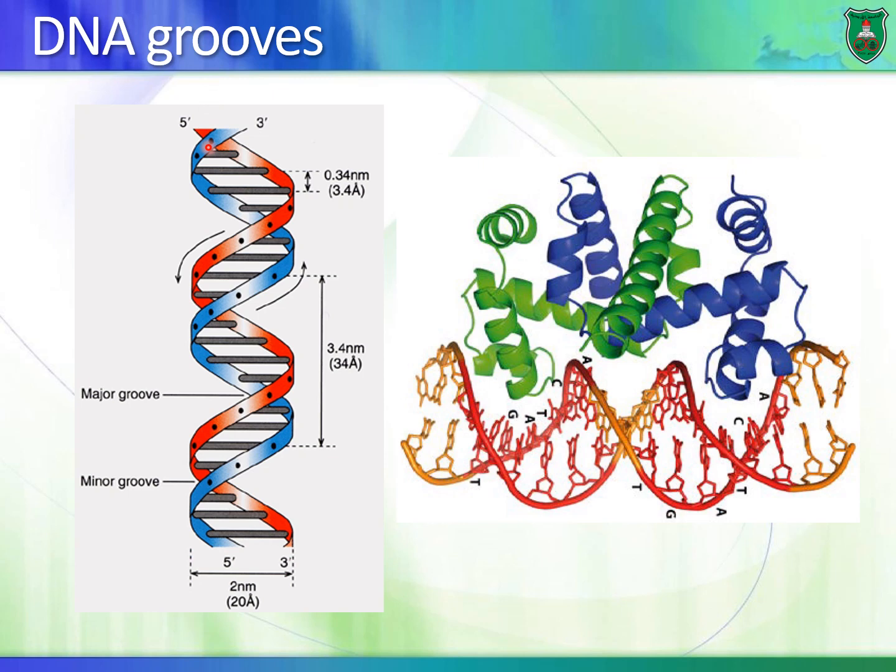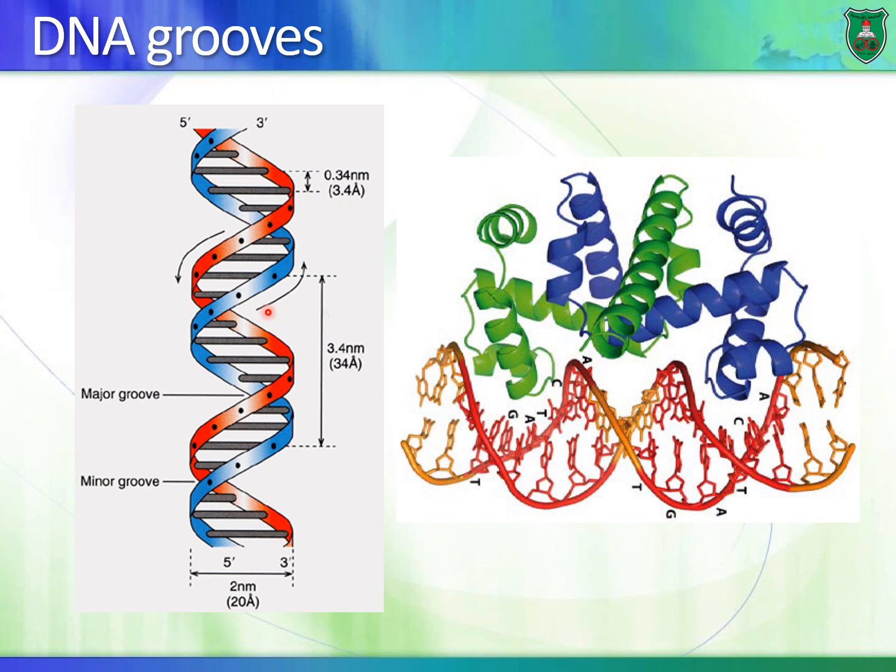Because it is a helical molecule, but not a perfectly helical molecule, you have what is known as these angles right here, and these are known as grooves. So right here you have a major groove, and right there you have a minor groove. Okay, like a pit. So if you look at one side of a DNA molecule, you have a major groove followed by a minor groove, and so on. Opposite to a major groove, you have a minor groove. Opposite to a minor groove, you have a major groove.